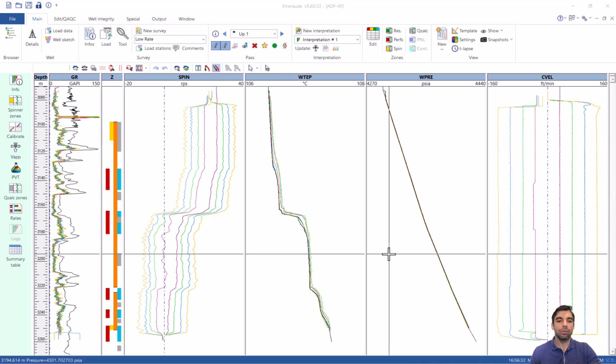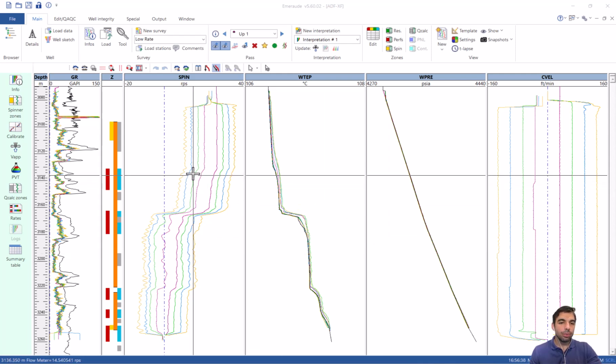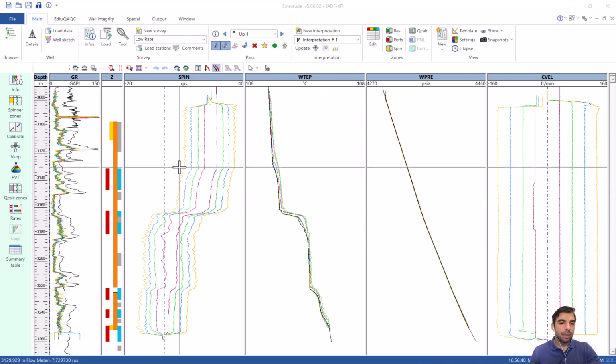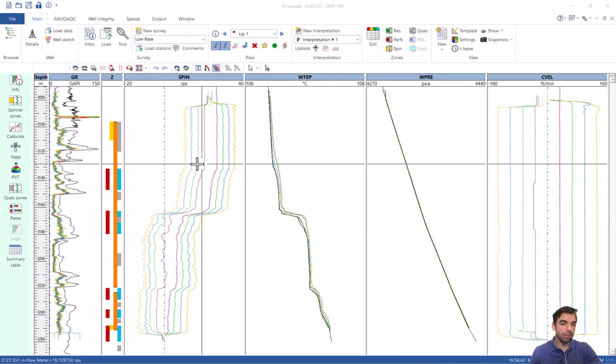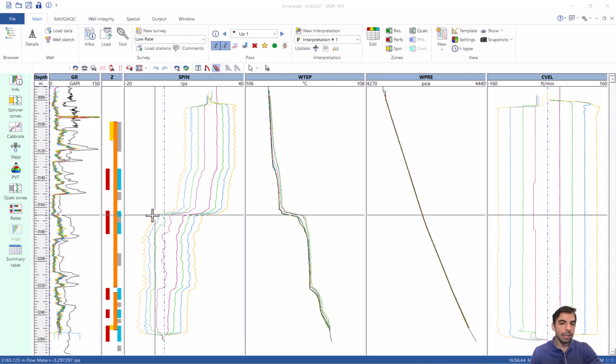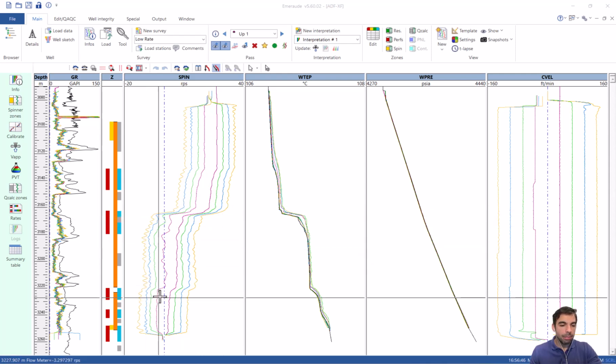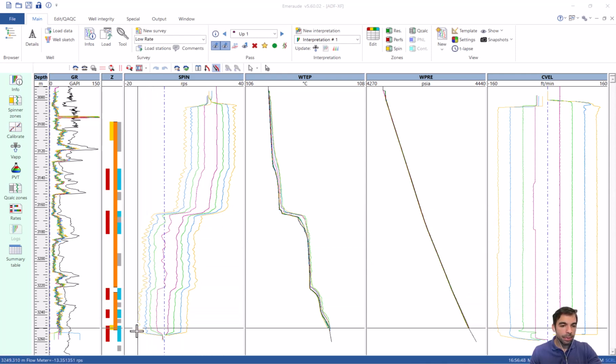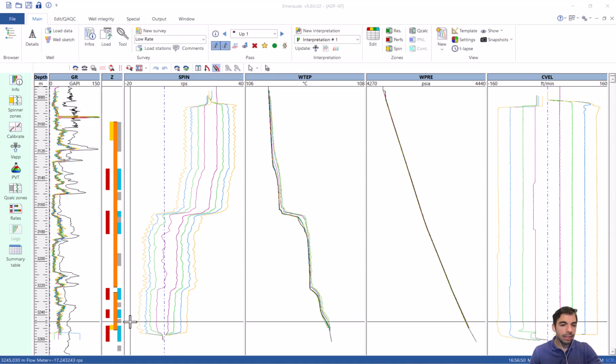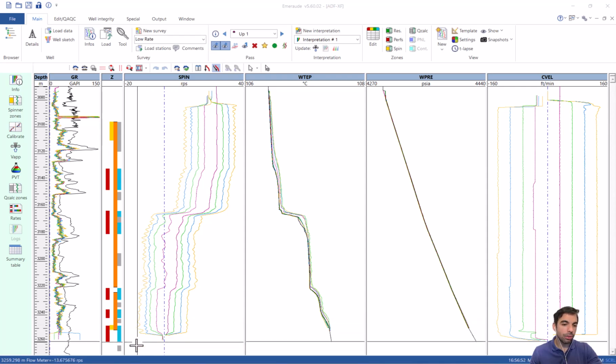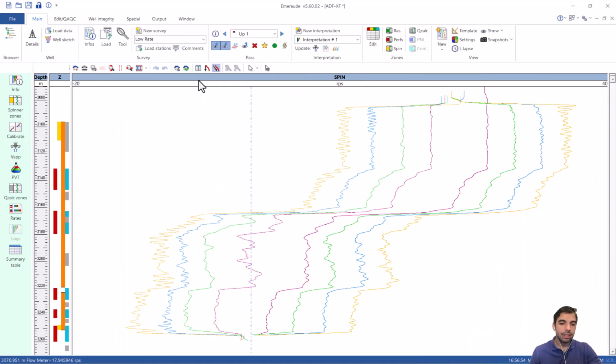Today I'm going to show you how to identify and deal with water recirculation in production logging interpretations. As we can see in this spinner, there are a number of very clear inflow zones, okay? This one being the most prolific. But as we go deeper, we can see that the deepest perforation was not logged through, and if we maximize